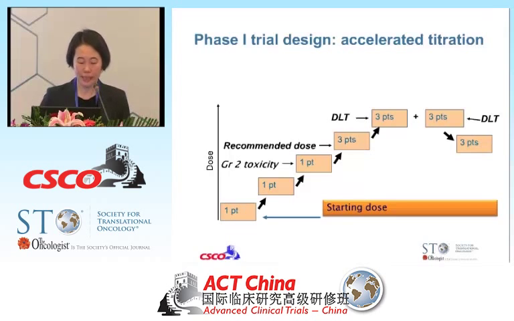So you think at this point you're saving some patients and hopefully maybe some time, although some would argue that it doesn't, but you do escalate with fewer patients to this dose level. And then when you start seeing the moderate toxicity, you go back to your original 3+3 rule and then follow your previous escalation.